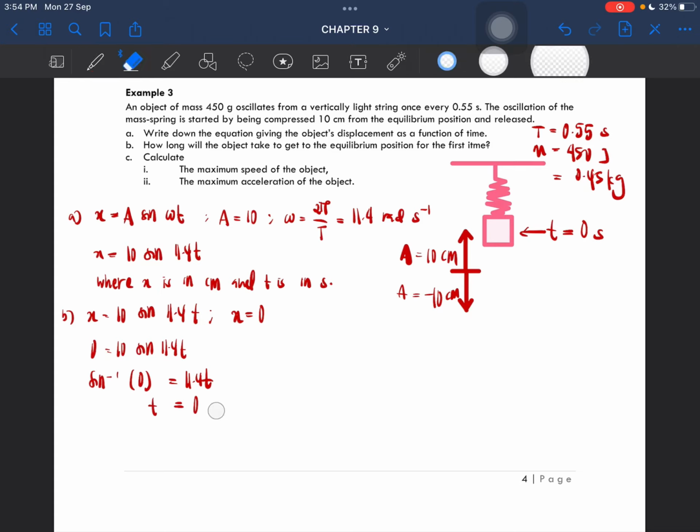Wait, that's not actually logical. I'm using radian mode. Right, let me check. Sine 0. Yeah, so the time